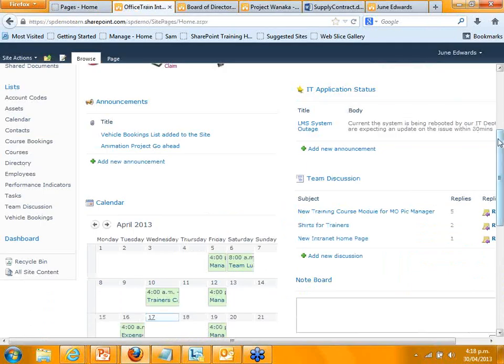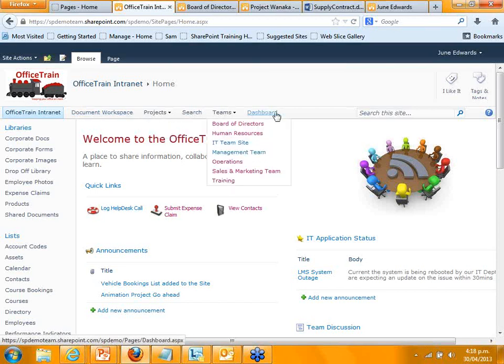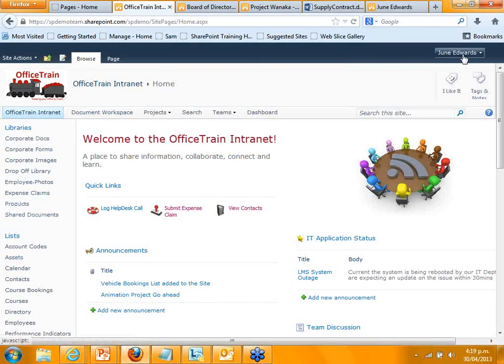The second one I'm showing here is actually all in SharePoint 2010, and this is just a demonstration site to give you some ideas of the functionality. So first of all, just to give you a bit of a look around, up the top you'll see that there's navigation along the top here and along the side here, and that navigation along the side changes depending on where I am on the site. I'm logged on to the site as June Edwards in this case, so it tells me that I'm logged on and I'm authenticated as this particular user, and I've got all sorts of navigation.